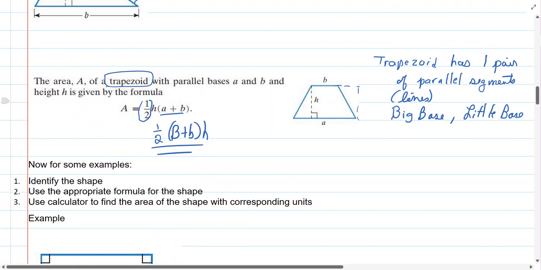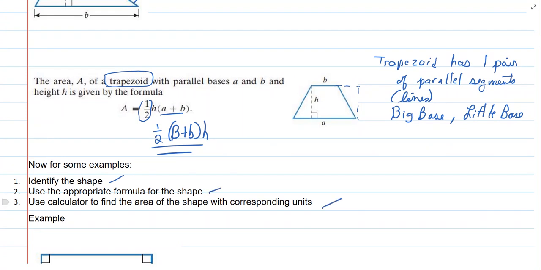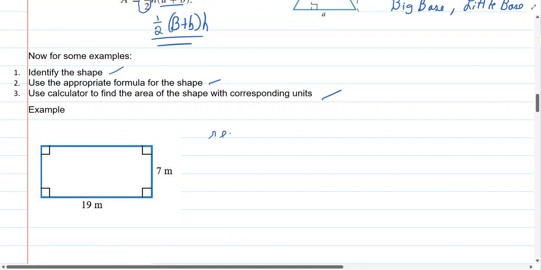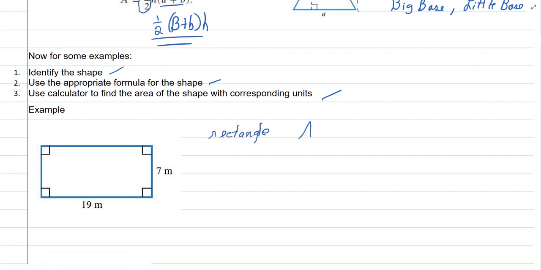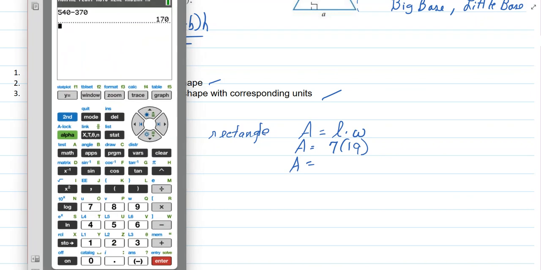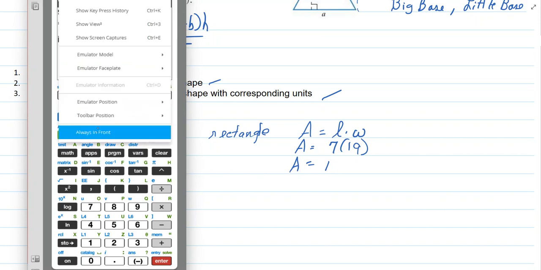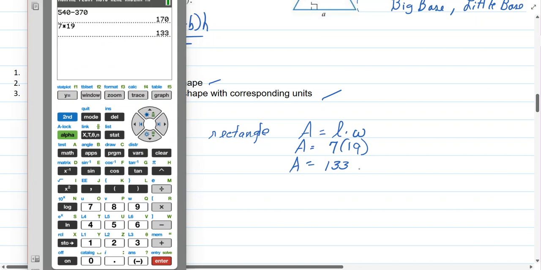So now we're going to do some examples. Our first step is to identify the shape, then use the appropriate formula for the shape in the calculator to get the product, and then note the unit squared. So here we have a rectangle. And we know that the area is length times width. And in this case, our area is going to be 7 times 19 meters squared. So now we're going to do the calculator. And I'm going to get 133, and this was in meters